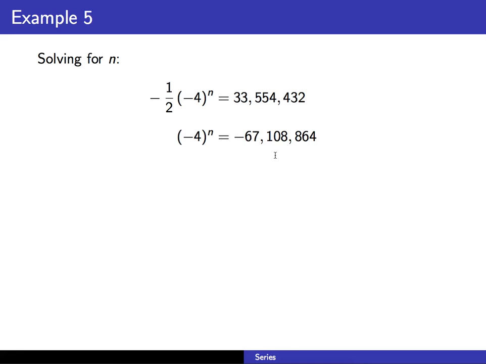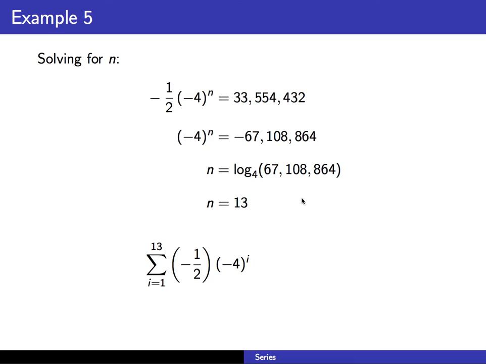Now, you can't take log base negative 4 of both sides. Instead, what you're going to want to do is ignore the negatives altogether. It's going to give you the same answer if you just did 4 to the n power equals 67,108,864. So ignore the negative in front of the 4, and also the negative in front of the 67 million number. And if you take log base 4 of that 67 million plus number, you'll get n equals 13. So from 1 to 13 of our sequence rule, we get about